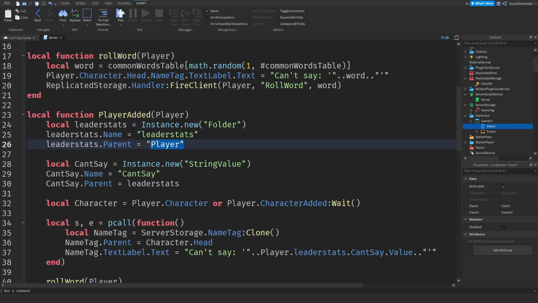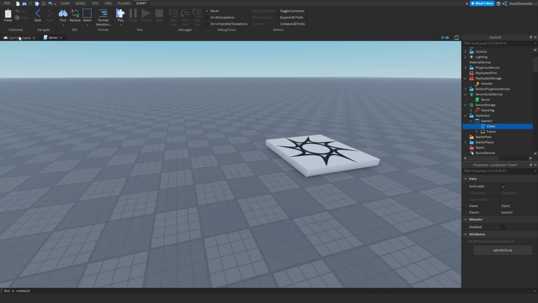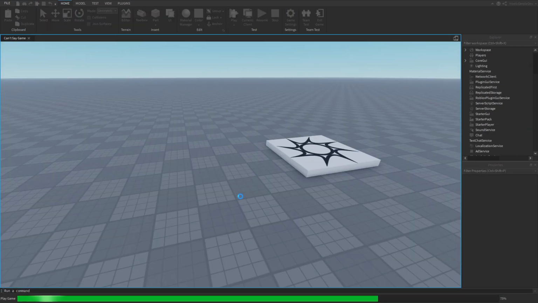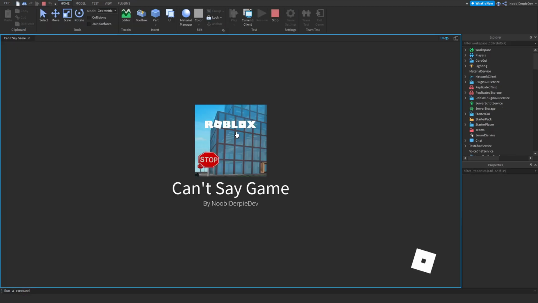That is something new. Line 26. Oh, yep, because what I did wrong, I actually did it as speech marks, but it's just supposed to be player, so make sure it's dot parent is equal to player without the speech marks. So this is actually good. I tested this out. So let's test this out right now. Of course, it won't work. Well, kind of, but also not.